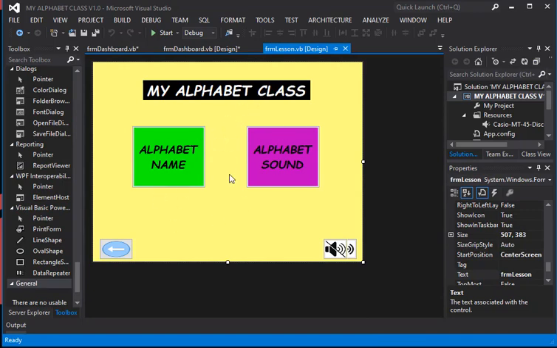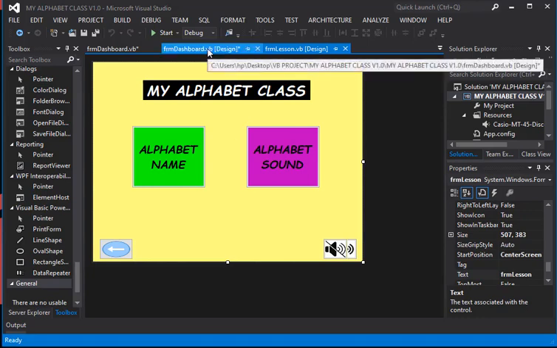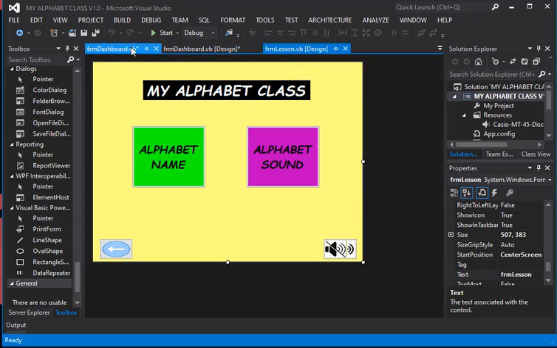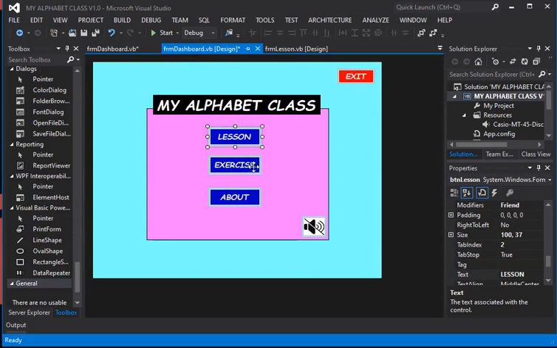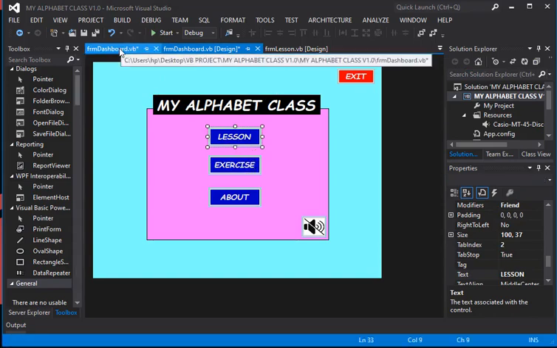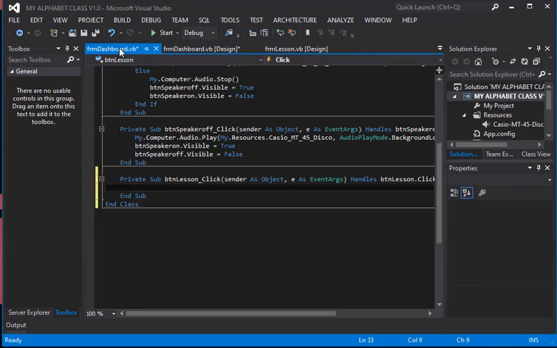form to show. But one thing we want is that we want it to show in such a way that it will be like a dialog box, so it will appear on top of this form. So we are going to use something we call show dialog. This is the code we are going to enter. You enter the form name. The form that I want to show is FRM